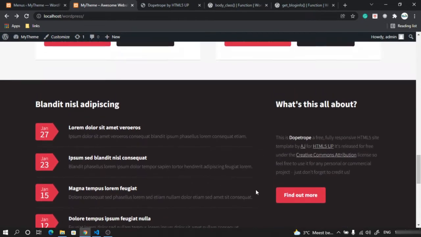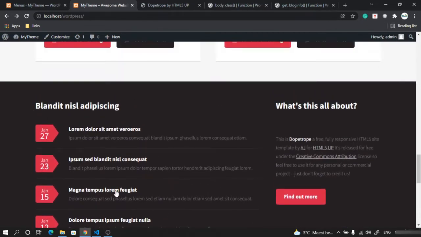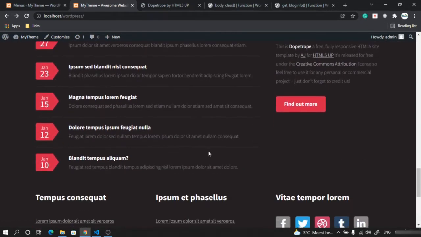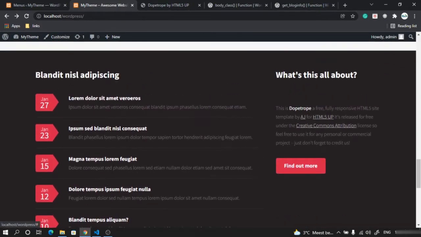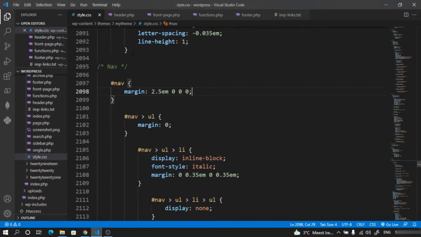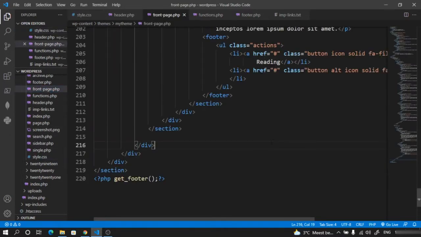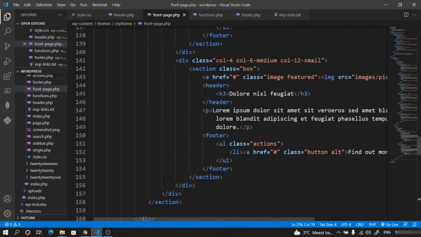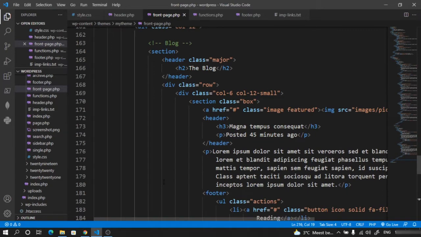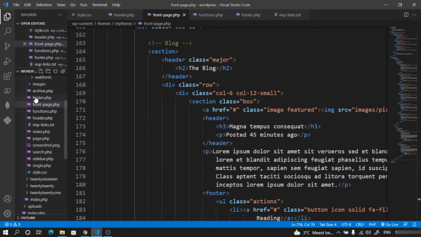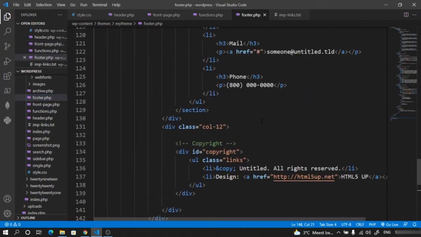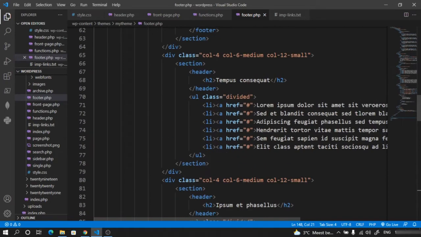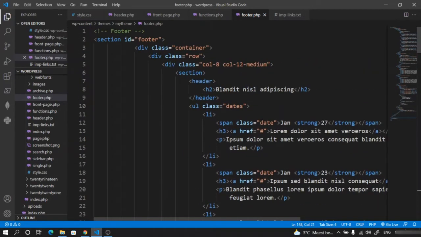section. And for this part, we don't need this. So I'm going to get rid of it first. So let's go to our file, which was the front-page.php. And in here, I'm going to look for this block section, or I have to go to the footer.php because that's where we have the footer. So if I scroll all the way to the top,